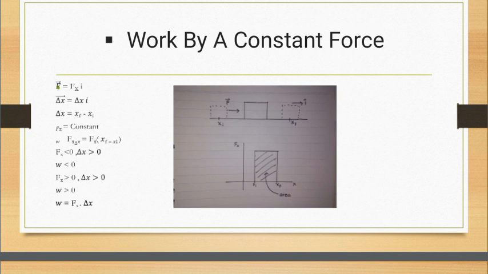Now what we'd like to calculate is the product of force with the displacement of the object. So our displacement vector delta x is equal to delta x i-hat, where delta x is equal to x final minus x initial. And for our constant force, for the case where Fx is a constant,